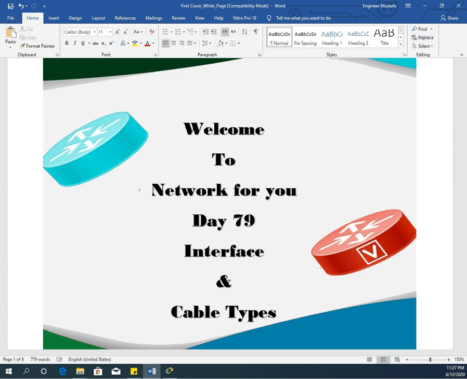If you see the Cisco syllabus, that is the CCNA 200-301 PDF file from Cisco, if you see 1.3, compare physical interface and cabling type. Then we have 1.3a, single mode fiber, multimode fiber, copper, and 1.3b is connection, Ethernet shared media, point to point, and 1.3c is the concept of PoE, power over Ethernet. So this is the theoretical part we are going to cover in this video.